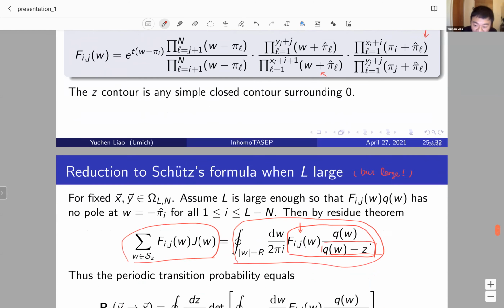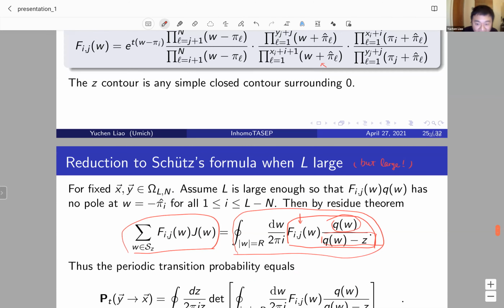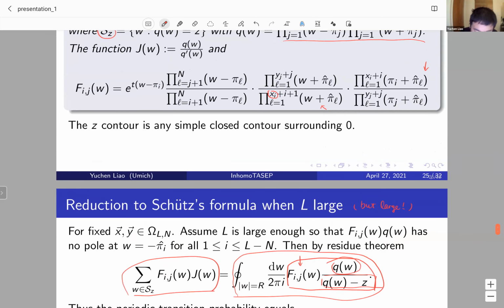But luckily, this Q(w) has zeros at those points minus π_L hat. So if your Q(w) has a large enough degree, which means you are picking your L to be large enough, and your x are fixed, then those powers are canceled by the zeros of the Q(w). So the only powers of this integrand